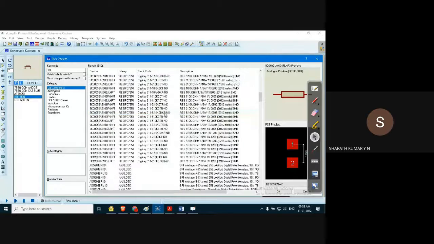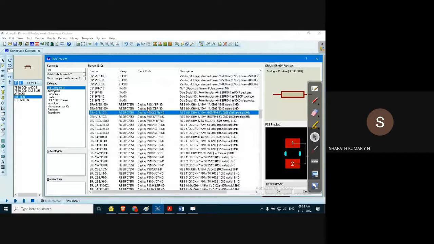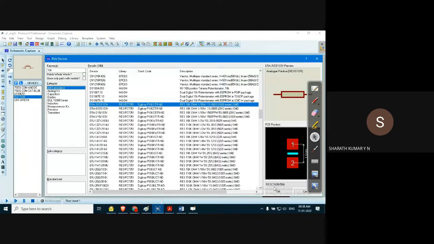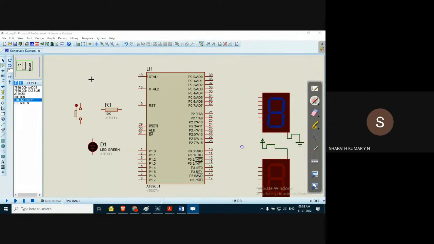There are a lot of components. Here it is. I think this should be good enough. Digi-Key component. Select with the tolerance also, they have shown the tolerance. Select one, click OK, and it will add it to the devices list. Once it is ready, you can start using it. Yes, this is the resistance, a 10 kilo ohm resistance. You can place it anywhere you want. It's a rectangle shape which indicates a resistance.